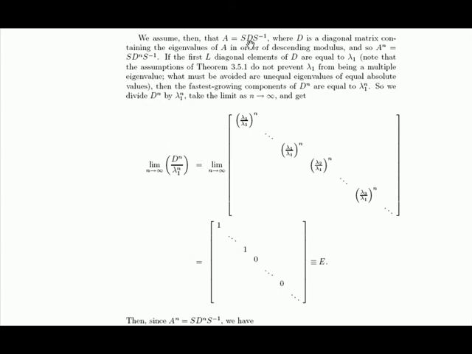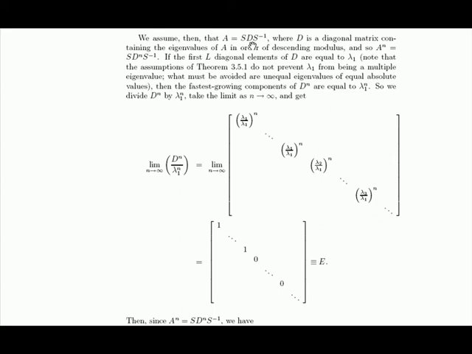And in fact, if A is symmetric, or if all of the eigenvalues of A are distinct, you can prove that A is diagonalizable, and it's diagonalizable in a lot of other cases also, but not all matrices are diagonalizable. But we will assume that A is diagonalizable. We also, of course, assume that there is a largest eigenvalue. If we want to find the largest eigenvalue in absolute value, there has to be one, and we'll call it